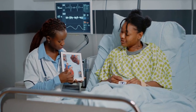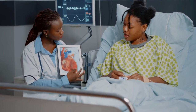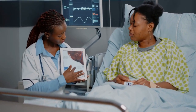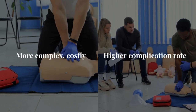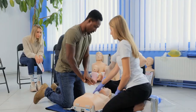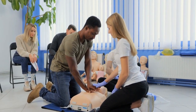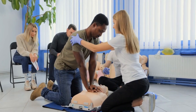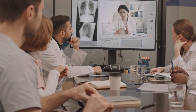By pacing both ventricles synchronously, cardiac resynchronization therapy, CRT, can reduce ventricular dyssynchrony and improve clinical outcomes. However, CRT is more complex, costly, and has a higher complication rate compared to RV pacing. Despite these challenges, the benefits of CRT in reducing heart failure hospitalizations and adverse LV remodeling make it a valuable option for many patients. According to the 2012